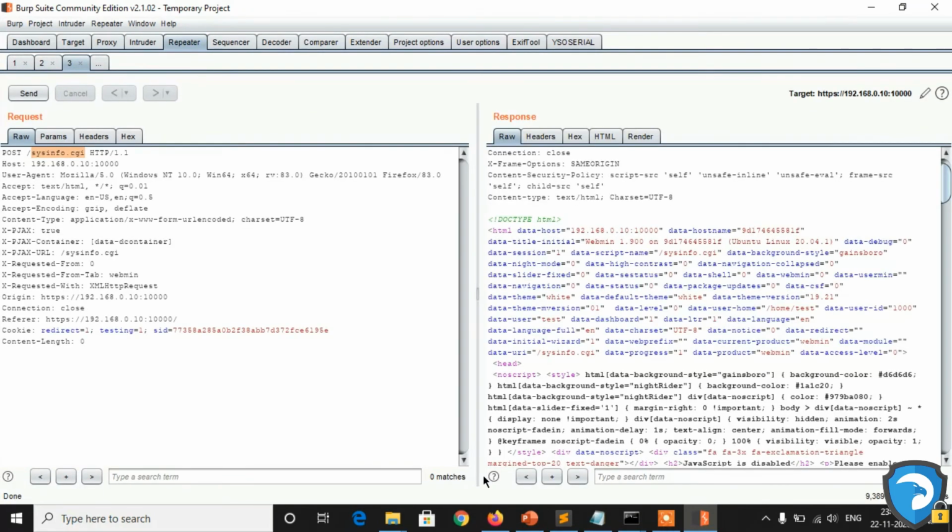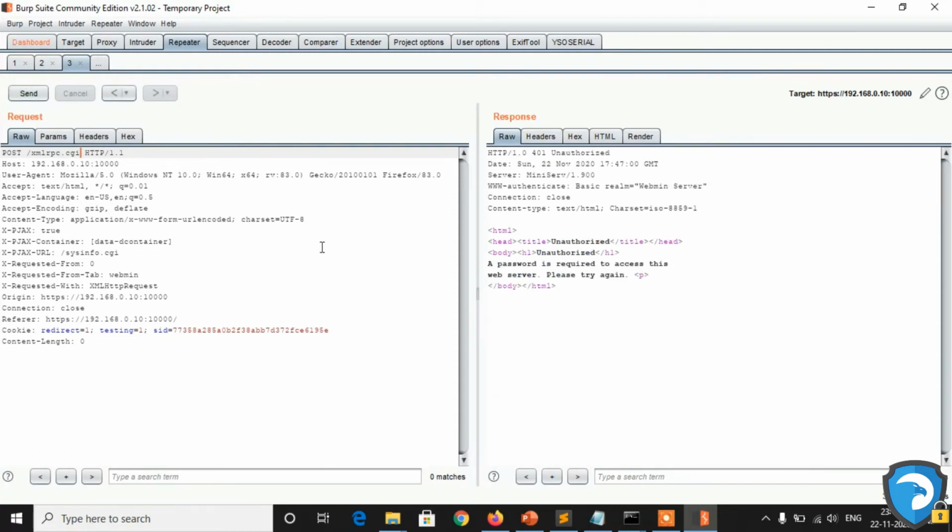Then change the POST method to the xmlrpc.cgi file over here, and send the request.